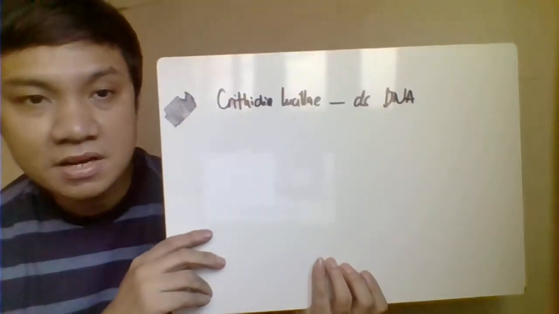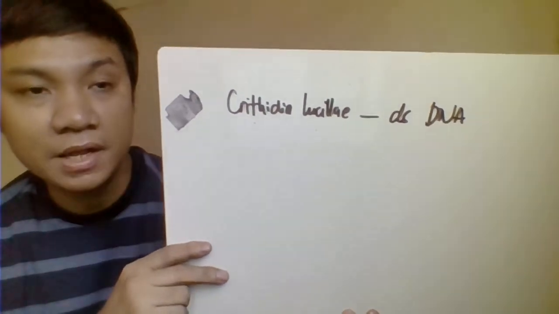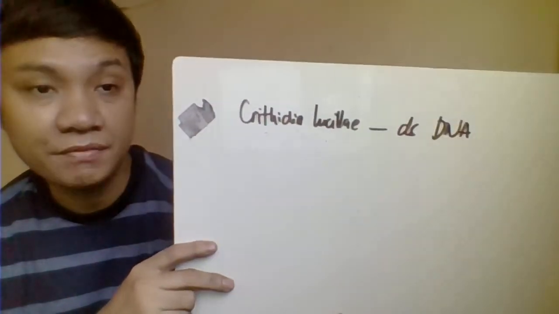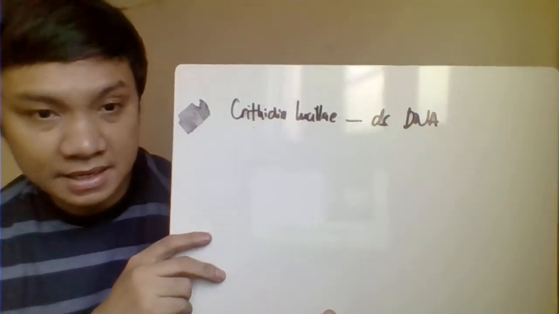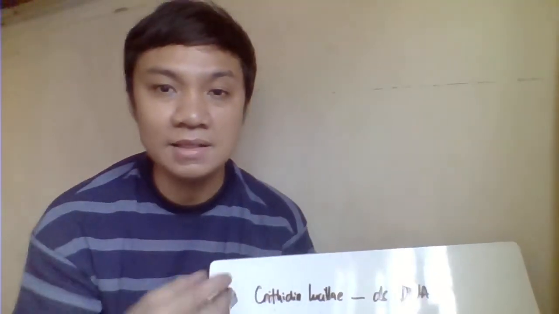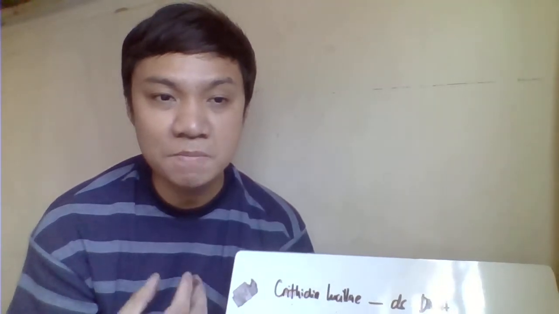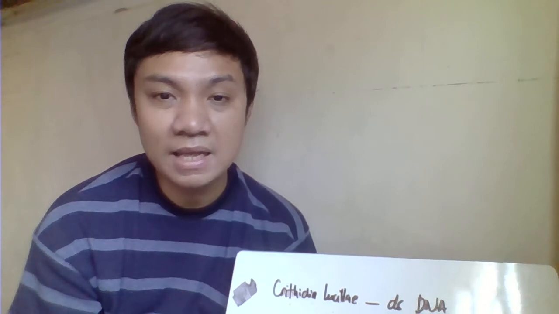And lastly, we have the Crithidia luciliae test. Again, this is used for the detection of double-stranded DNA, and it is more specific for SLE. Okay, I just want to clarify that rheumatoid arthritis is different from gouty arthritis. Gouty arthritis involves defects in purine metabolism with increased uric acid, but RA is a type of